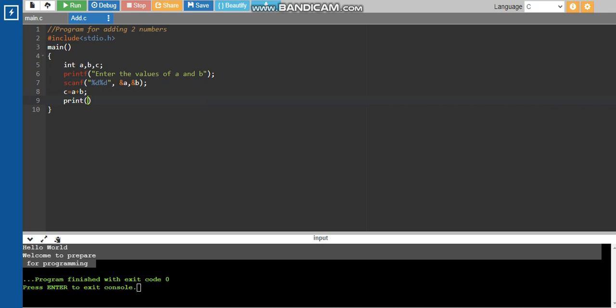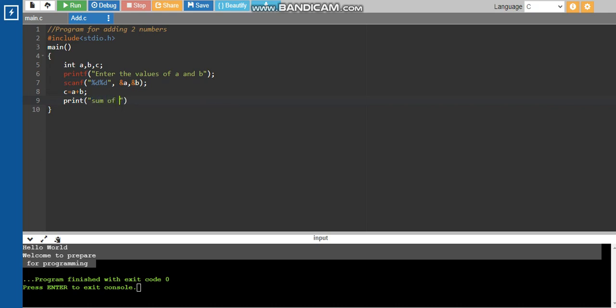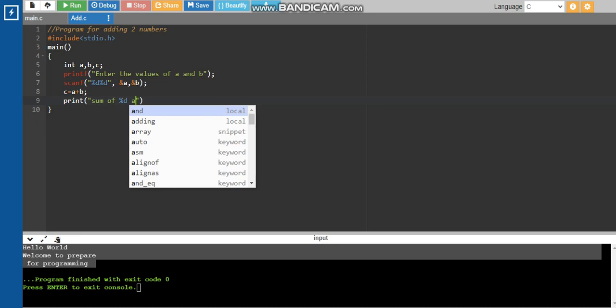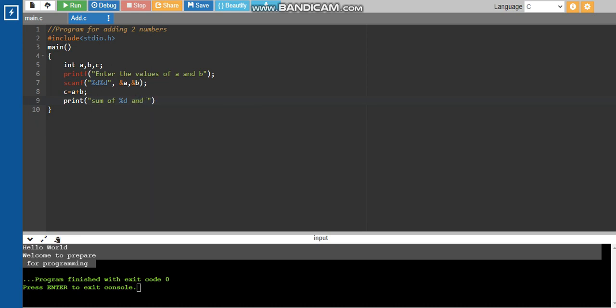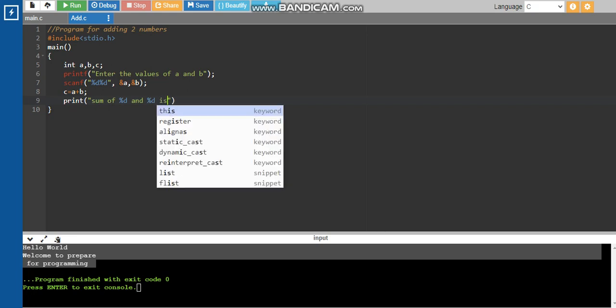sum of, and now if you want to print the values of A and B, again you can write it as %d and %d is %d.